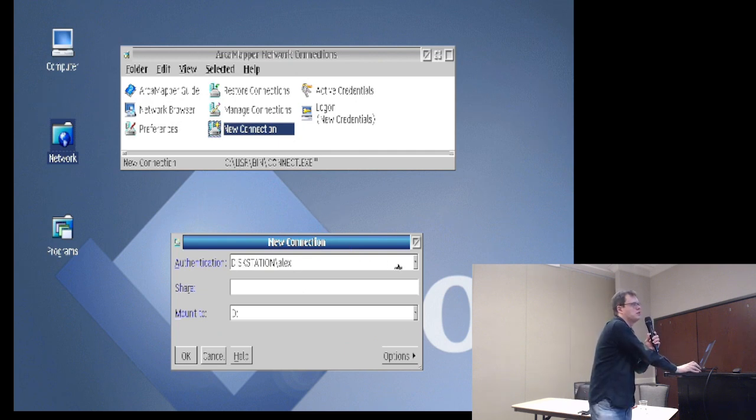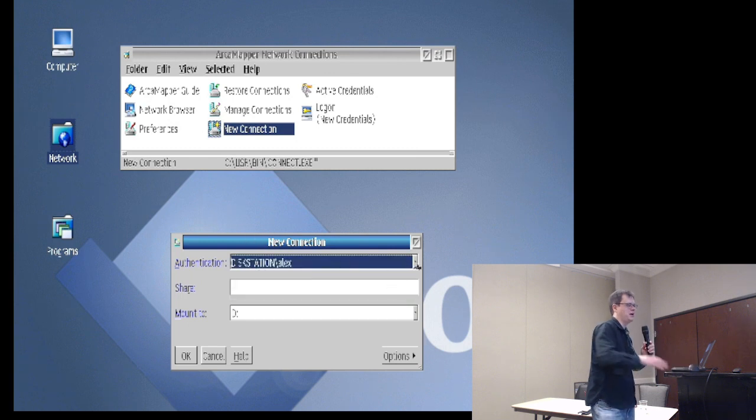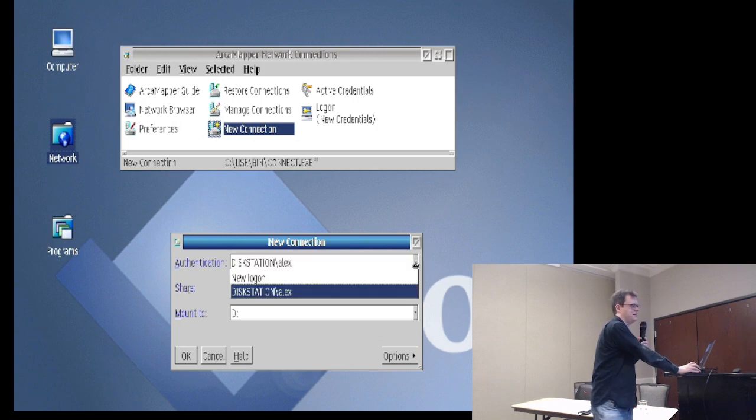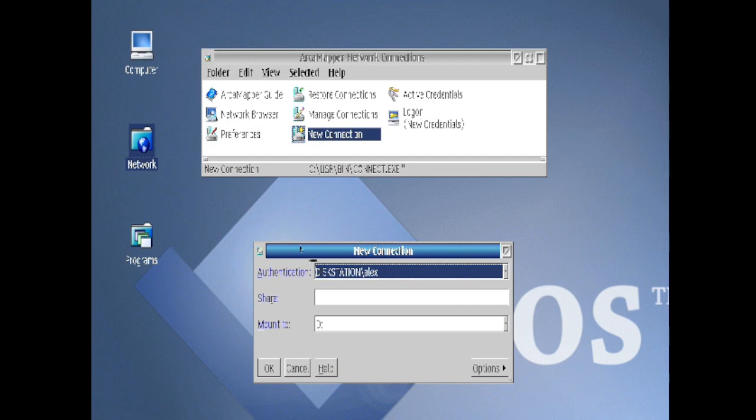Anyway, the new version finally will actually automatically pre-select the first active credential that it finds. Previous versions would just always leave the default to new login, which confused some people who weren't noting what this was actually doing. So people were like, why do I have to log on every time? Well, you don't. You're just supposed to select your existing credentials. But I realized it should be automatically selecting an existing credential, so it does that now. So I've got my credentials, my share name, and